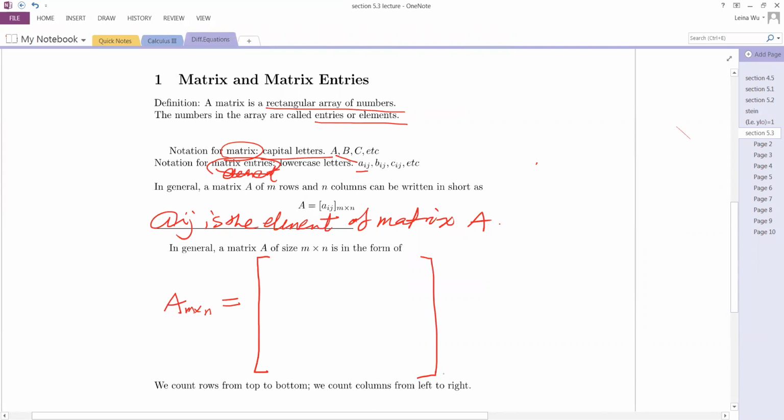You put m by n, indicating its size. The first entry will be a_{1,1}, and then a_{1,2}, first row, second column, and keep going until it gets to the last entry in the first row, which will be a_{1,